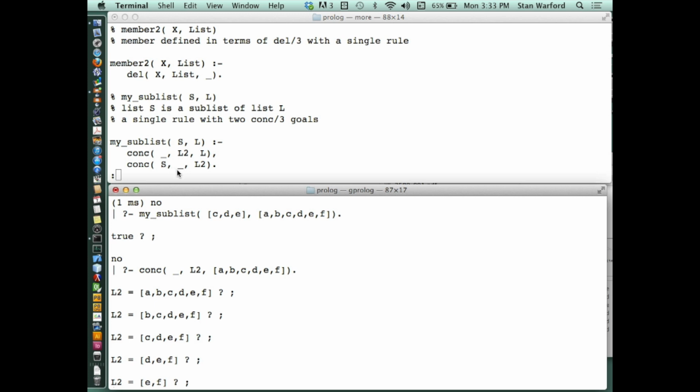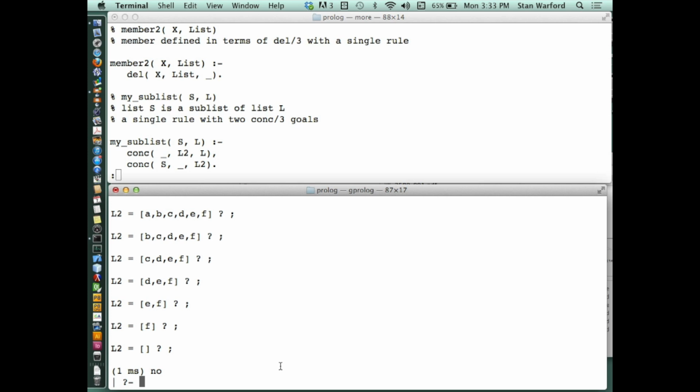CDE with anything to get what? To get that L2. But what's that going to do? Do you see what I'm saying? It's going to conc what? It's going to conc